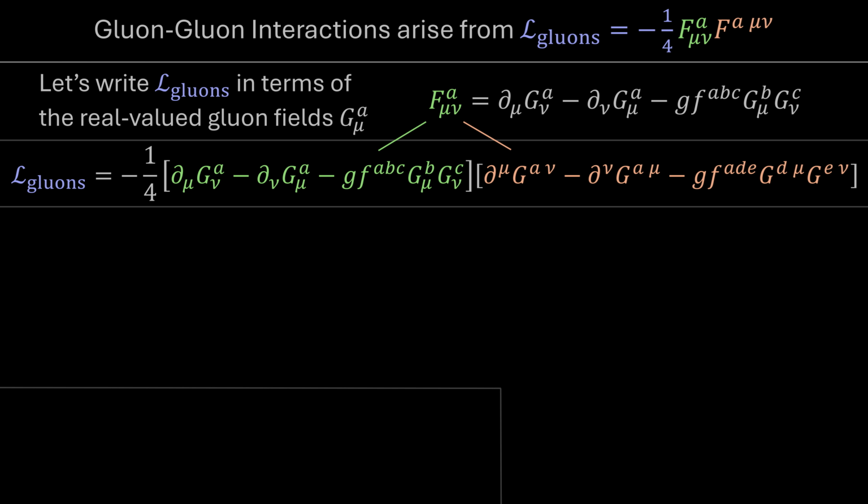And so when we multiply these terms together, it's okay that the A index is the same on the derivative part of the expression, but it's important to have those different indices on the part of the expression where we're summing over all of the other possible gluon fields, so that in both of these versions of the field strength tensor, we're doing a completely unrelated sum over all of the other possible gluon fields. See, because if we just used F A B C for both sides, then there would be a connection between those two sums that isn't warranted, okay? Each sum should be totally independent.